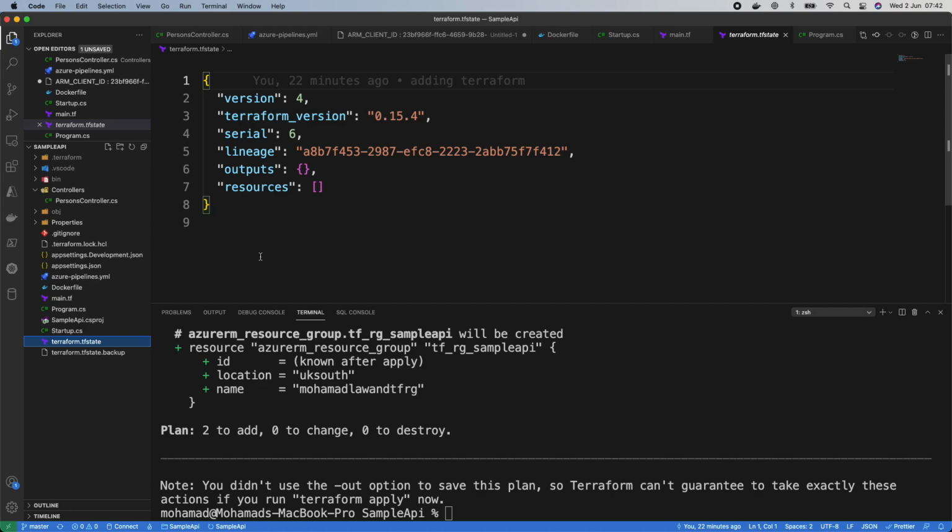That way the pipeline will be able to utilize it, and we're going to be able to utilize it, and the state is going to be consistent across every request or every change that we're going to be doing. So how are we going to do that? It's very simple. We need to go back to the Azure portal,